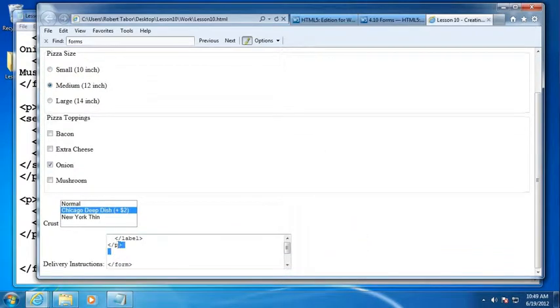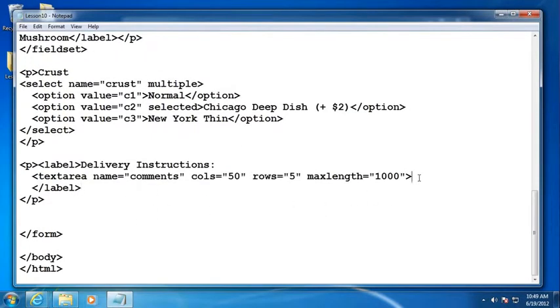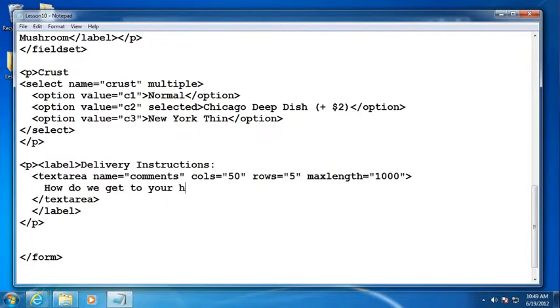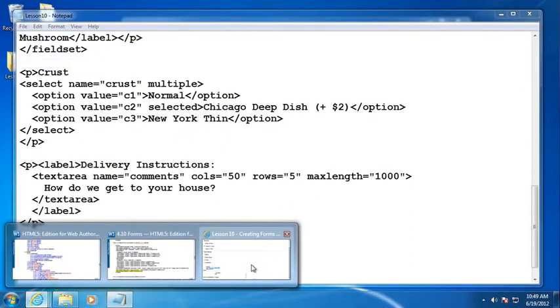And you can see I've done something wrong here. The problem is I didn't add a closing text area. And what it did was it treated everything after the opening text area as text that belongs inside. So we might say inside here, how do we get to your house? All right, and you can see how that will manifest itself